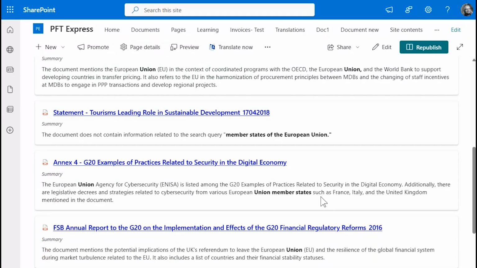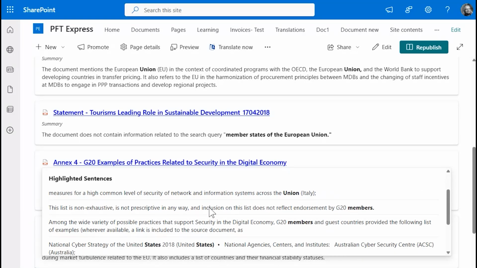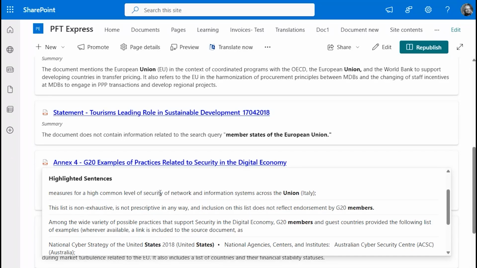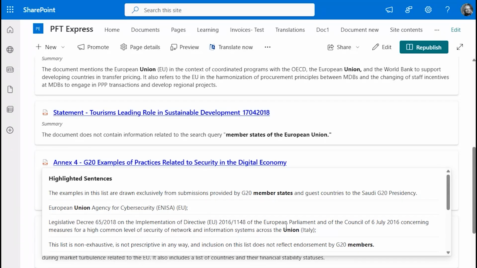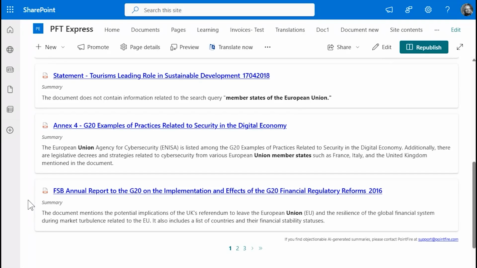If you go a little further down, you see some much more promising documents that are talking about the European Union, the member states of the European Union. If you highlight the actual sentences, you'll see that the reason it rated high was the word "states", as in United States. So it was looking promising. It does mention the European Union, the European Parliament and the European Council, but it's not specifically about the EU. So this is a very useful tool that saves you some time,